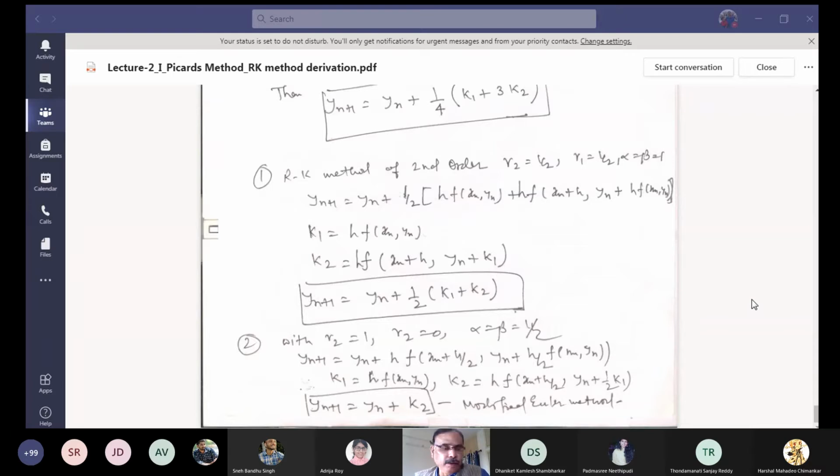Is this point clear or not? Because the same thing you have to do for the problems as well, once it is asked to find the order of a method. Is that clear? Yes, sir. Okay. Now, next we'll move to the